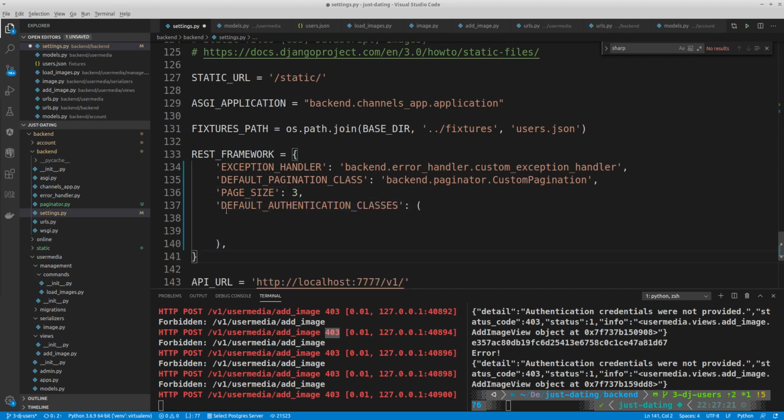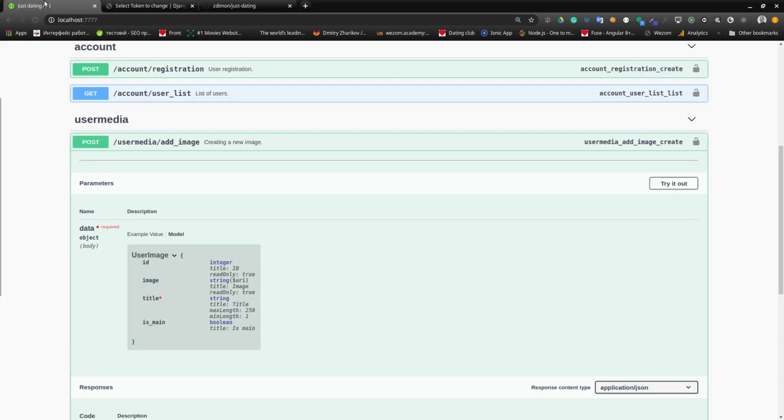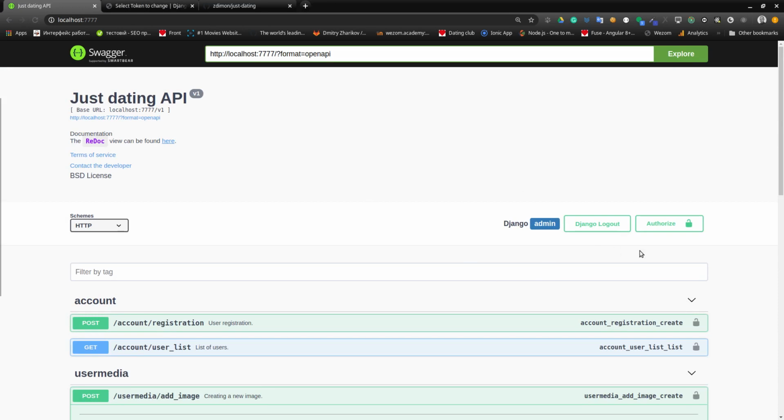I define a special variable default authentication classes and add 2 classes. The first one, token authentication for my front-end application, and the second, basic authentication for the Swagger, because my Swagger